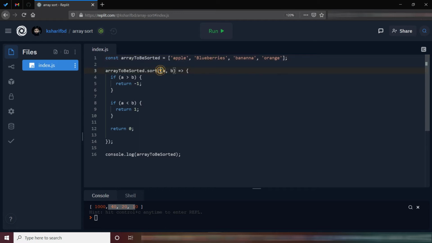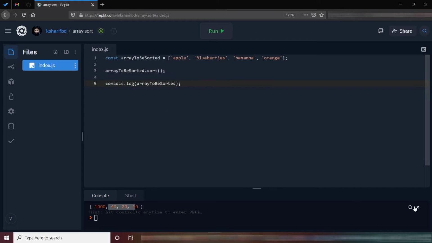First let's remove this compare function. Now let's see what happens. The array should be sorted in ascending order, but we are getting interesting results here.